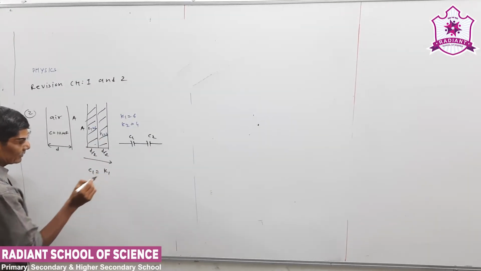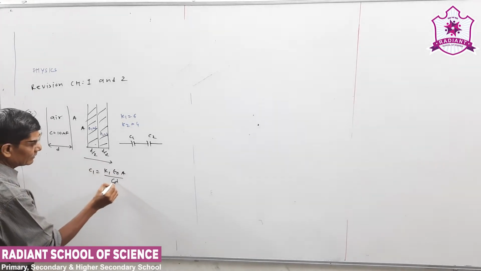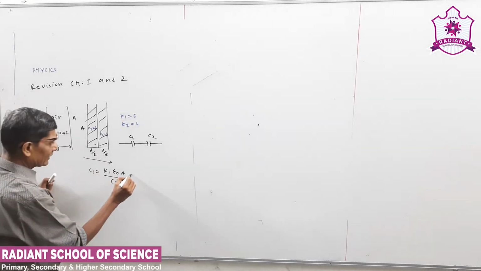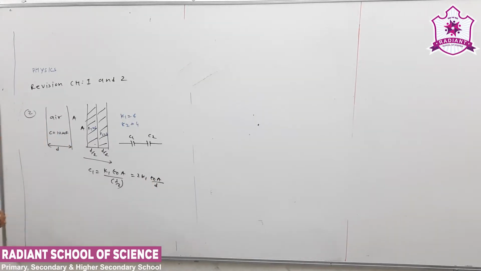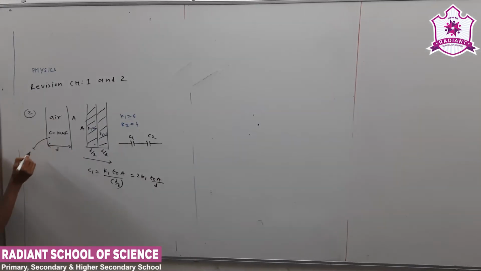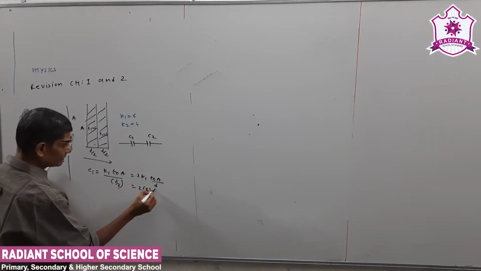C1 will be K1 epsilon 0 A, now see the distance has become d by 2, so we can write 2 K1 epsilon 0 A upon d. Now when air is the medium, C is equal to epsilon 0 A upon d, that is given as 10 microfarad. Now K1 value is 6, C value is 10,